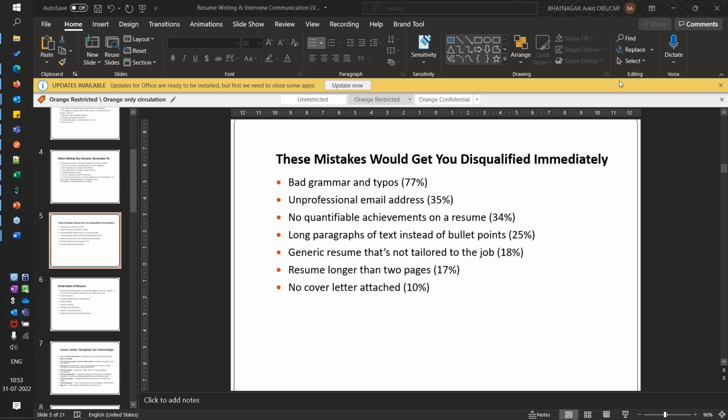Can we use the same resume for different positions? No, that's what I said, Tanvi. You cannot. You can use the same resume for different companies if they are posting for the same job profile. But you cannot use the same resume for the same company if they have posted different jobs,